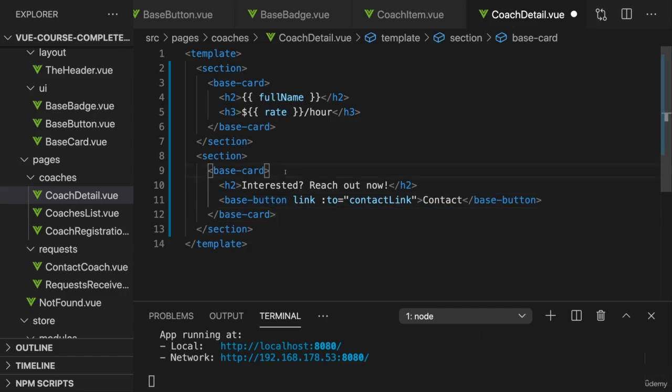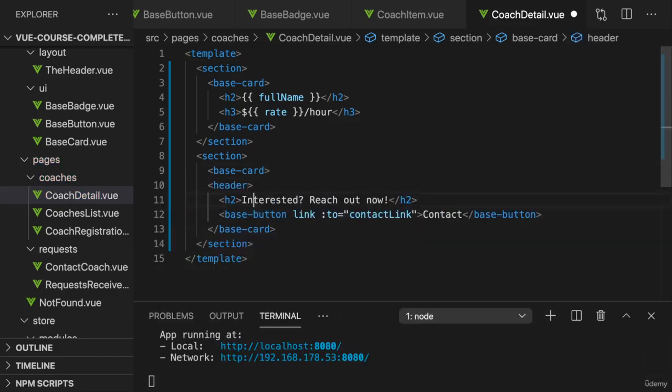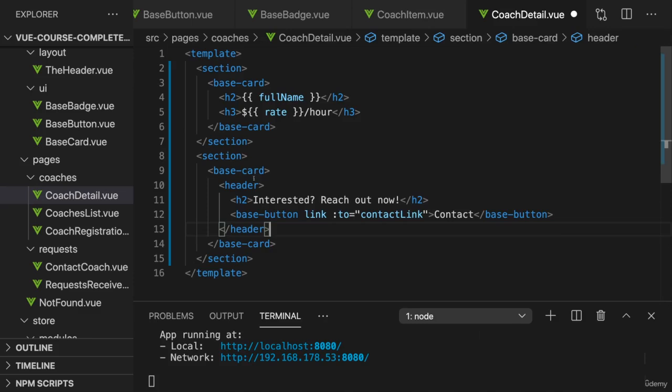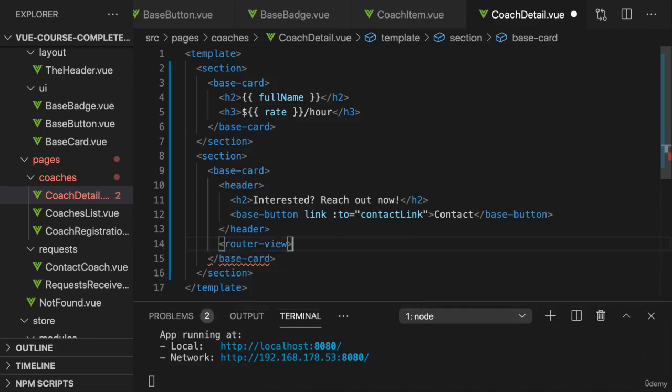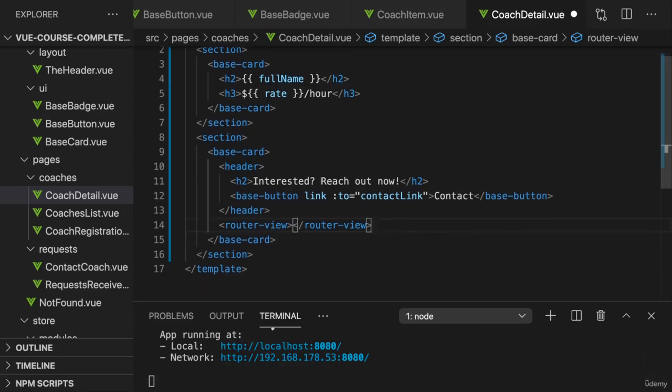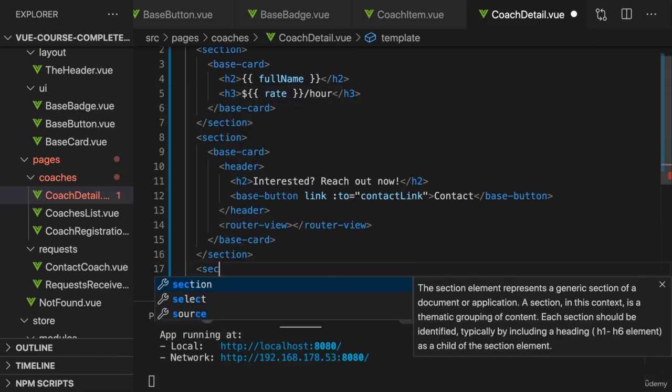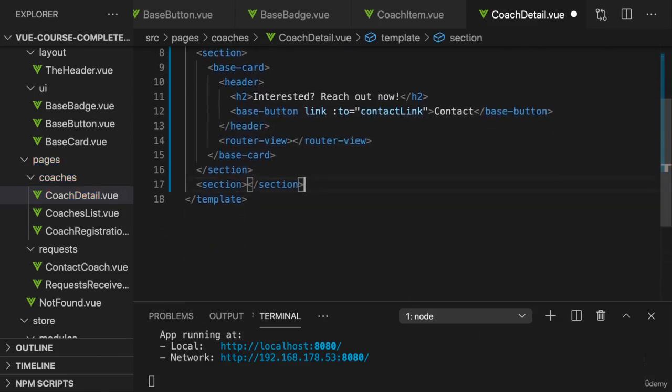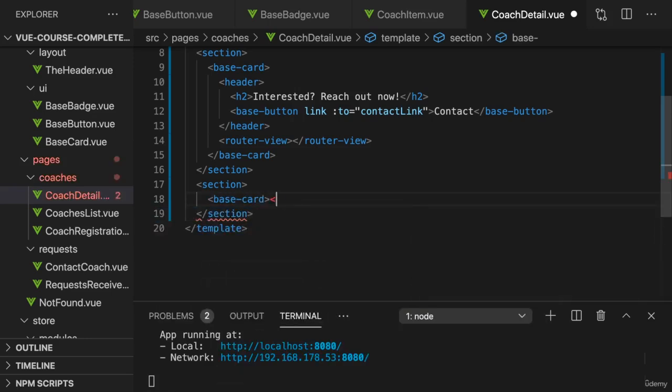Actually, I'll put this into a header tag here, the H2 tag and the button. And below that, now add the router view, where later this nested child route, the contact form, will be rendered. And now below that section, with the contact form and the contact button, below that section, I'll add another section where I use a base card,